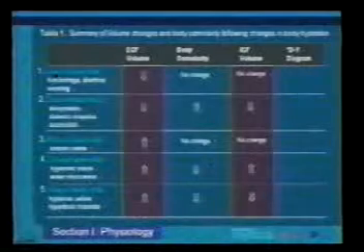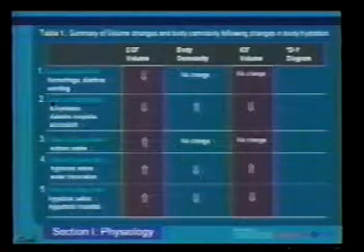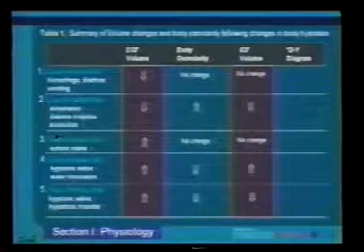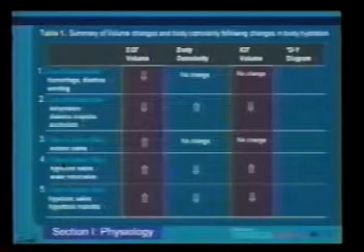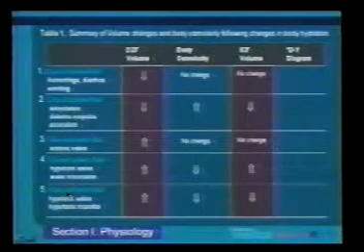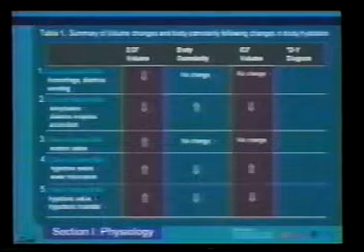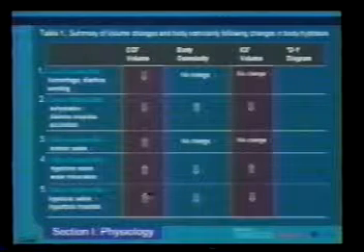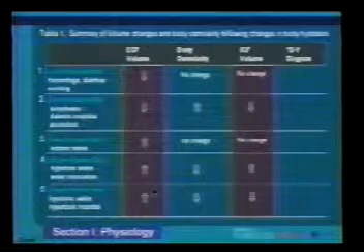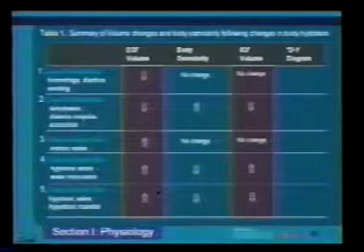Now, on the next page, we have tried to tabulate all the basic changes in the 5 situations they're likely to test on Step 1. That is the loss of isotonic fluid, then the loss of hypotonic fluid, the gain of isotonic fluid, the gain of hypotonic fluid, and the gain of hypertonic fluid. Now, what you might want to do is cover up the columns here and try to repeat the arrows as they are presented here